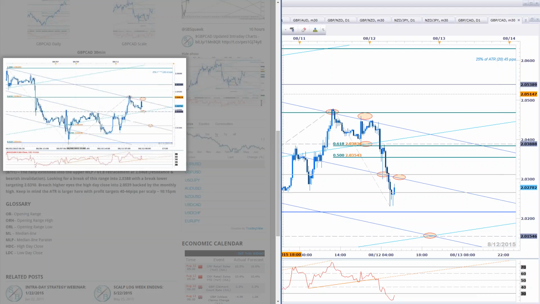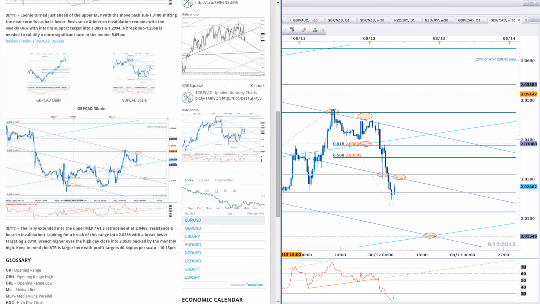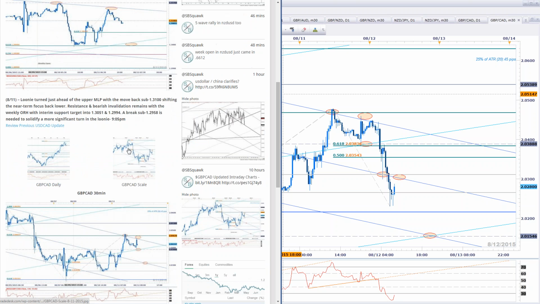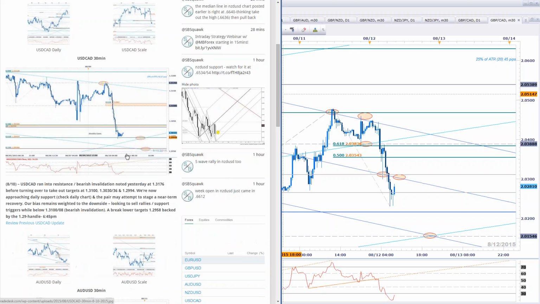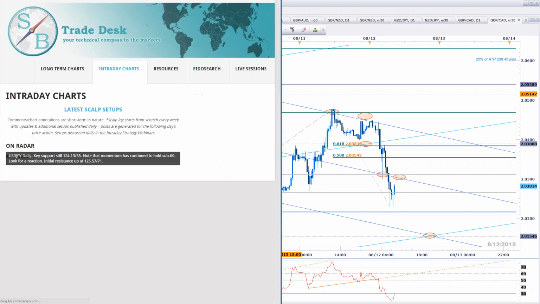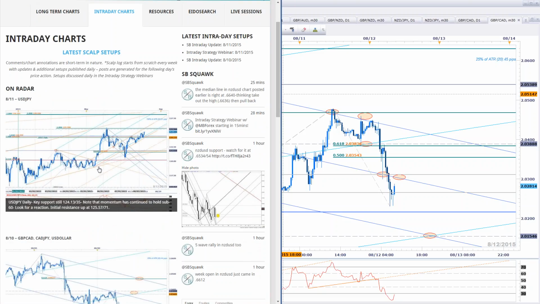Okay, so that is the two scalp setups from last night. The previous day, we also highlighted the Aussie. I will go over that in a moment as well. Well, let me just remind myself real quick. And the Euro setup, right? But before we do, I do want to take a quick jump into last night's radar chart on the dollar yen,